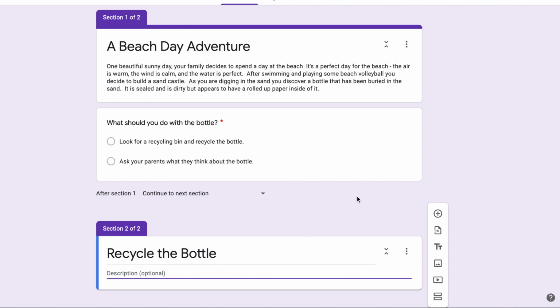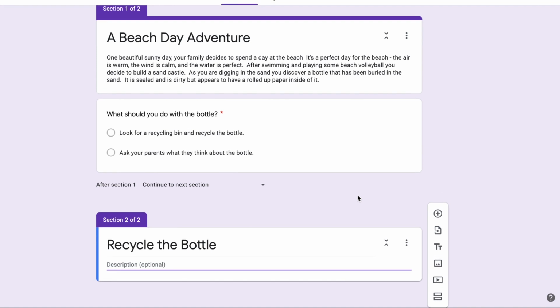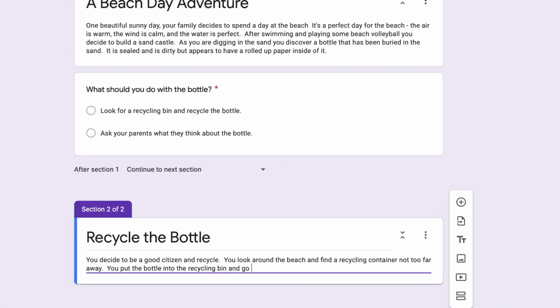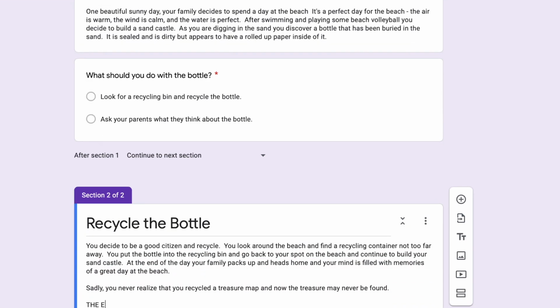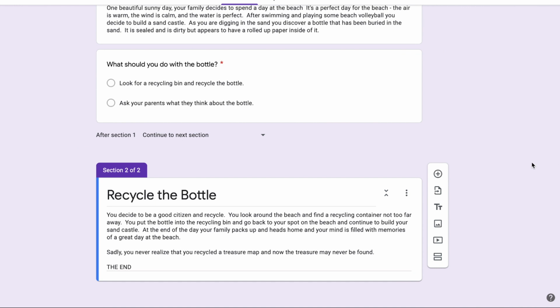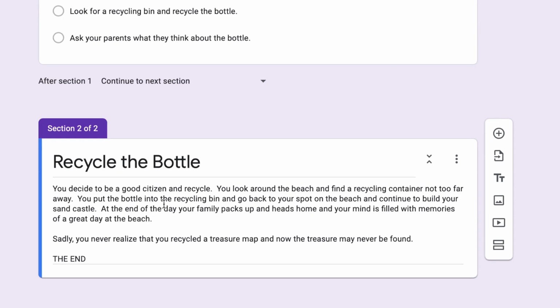And then I'm going to click on Description, and I am going to go ahead and write out what happens if you choose that section. All right. So now I'm done my second page, which is the first dead end. So if my reader chooses Recycle the Bottle, I'm going to have it come to this page, and it's going